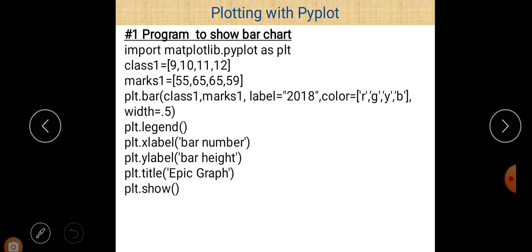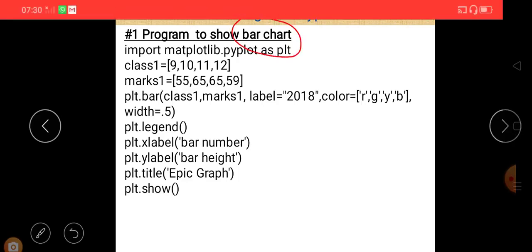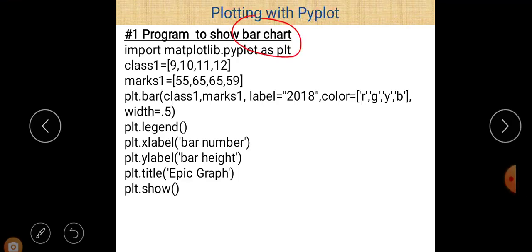Here our purpose is to draw a bar chart. So to draw a bar chart, the bar function should be used. So just write plt.bar. After that the names of the lists, class1 and mark1.